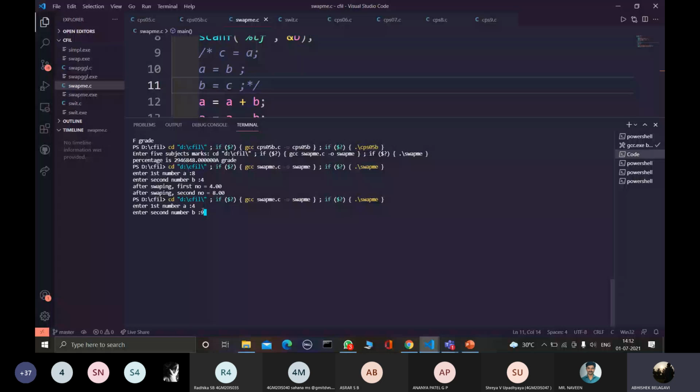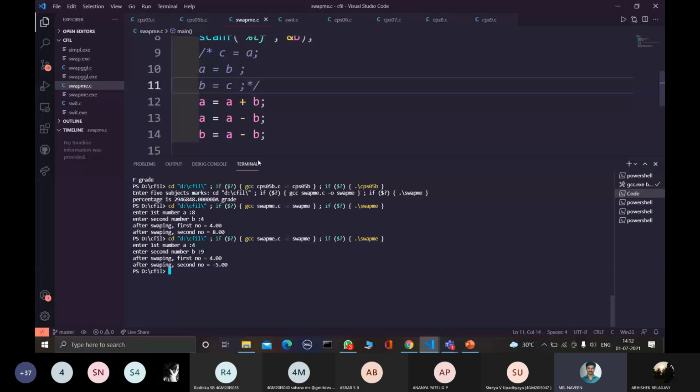Sir, I'm getting... No, sir, the logic is not right, sir. No, it should work now. A is equal to A plus B, A is equal to A minus B, and B is equal to A minus B. Should work. What are the values you have taken for A? Sir, I think 4, and B is 9.